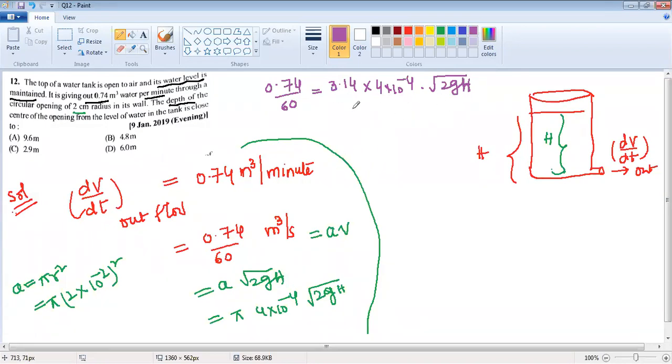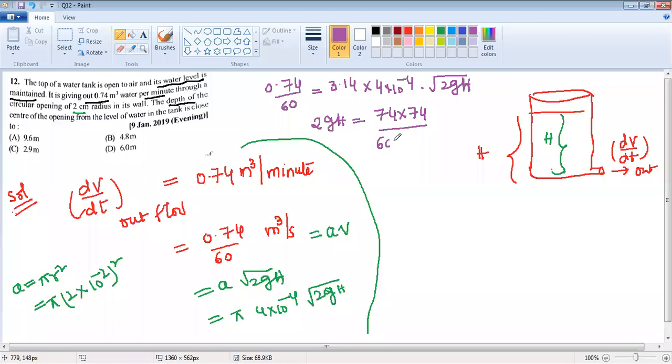Squaring on both the sides. Squaring on both the sides, you will get an answer. My suggestion is there is no need to take 3.14, because we are squaring on both the sides. So squaring on both the sides means 2gh equals, bringing everything to this side, 74 into 74, by, this is per minute now,